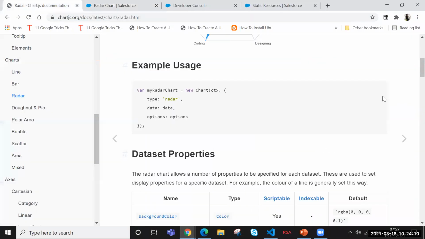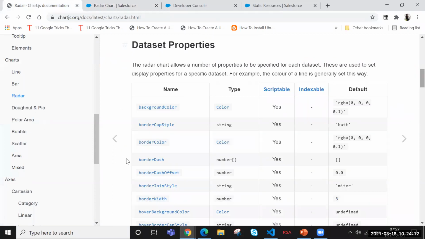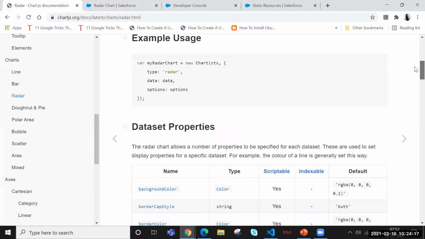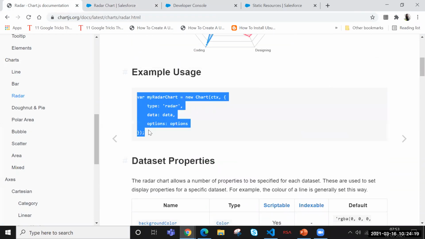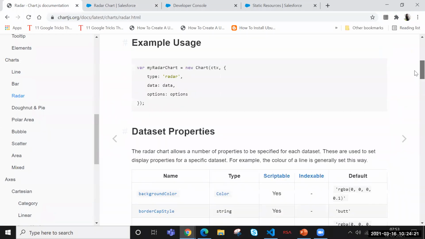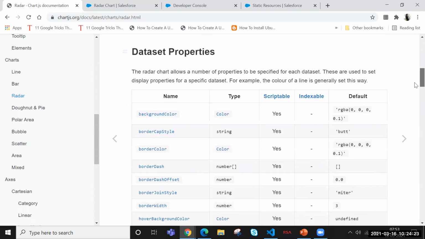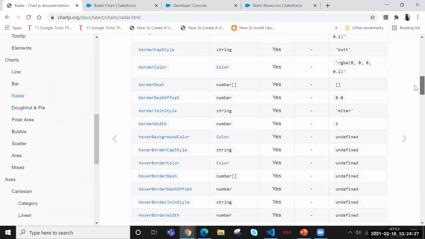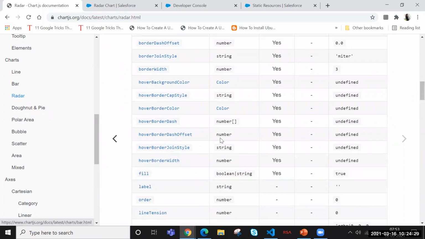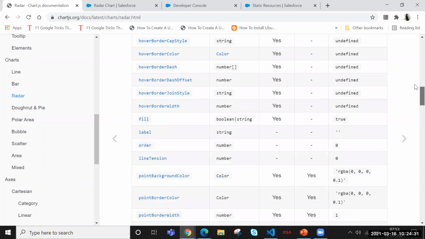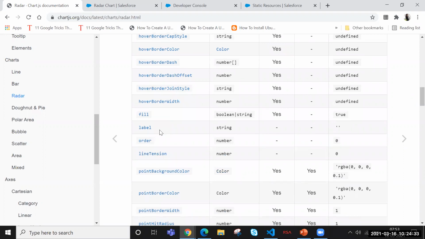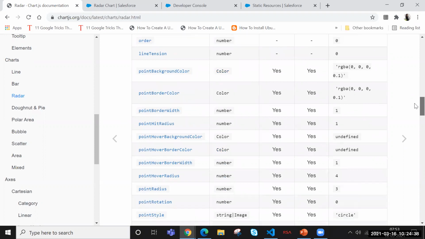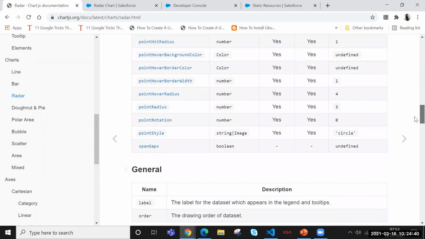If you want to know where all this code is taken from, it is from here. The basic code is this one. After that, inside our chart properties, we can use border color, border dash, border width, hover border color, hover border dash, whether we should fill it or not, labels, and all these properties.